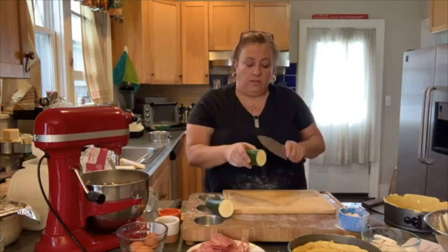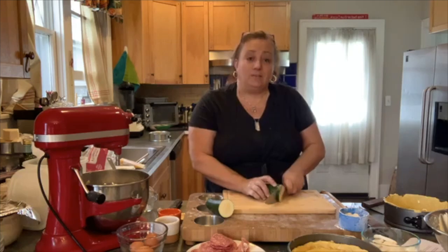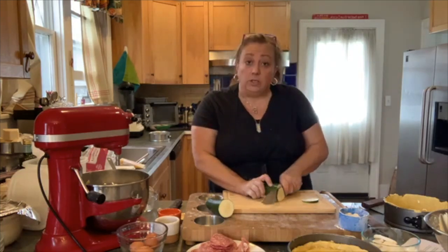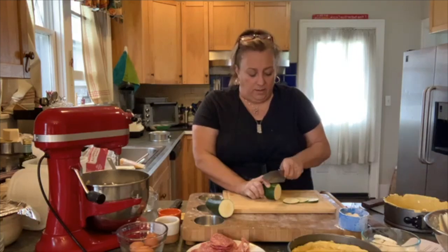Now, either way, you can cut this in little circles. You can cut it in long. Actually, no, I'm going to do little circles. Now that I just told you that, I'm going to cut it in little thin circles. You can cut it in little cubes, like I was talking about yesterday when we were preserving these. You can do it however way you want to layer it. I like the thin